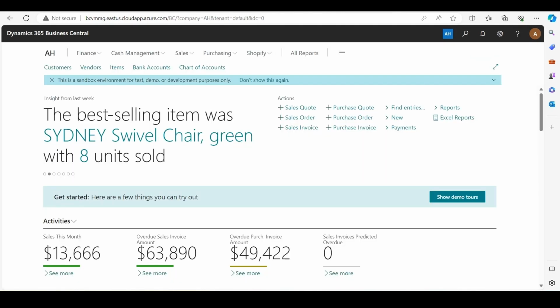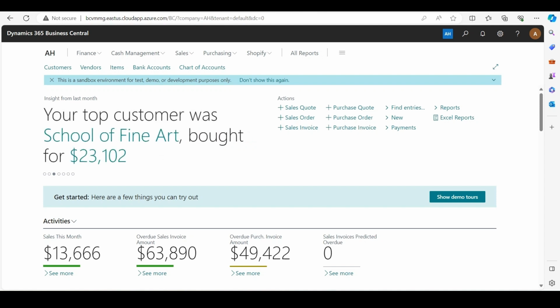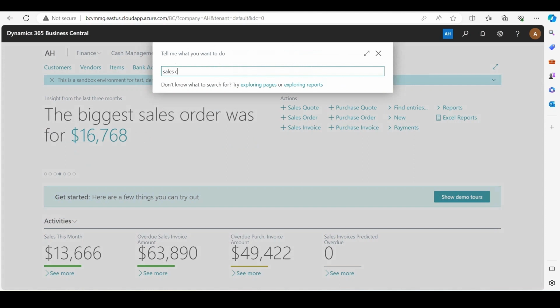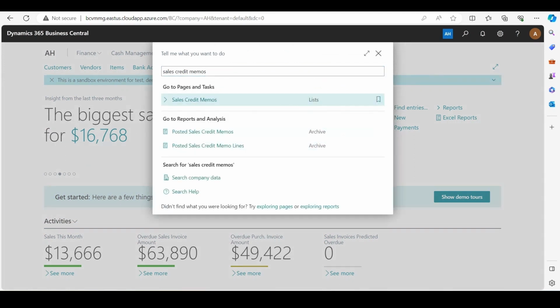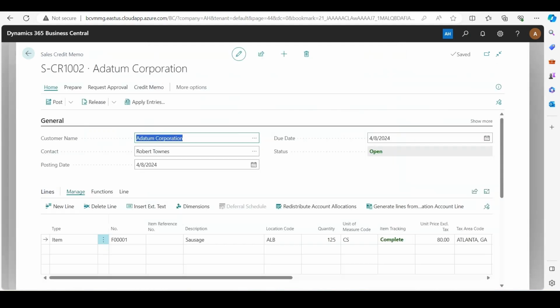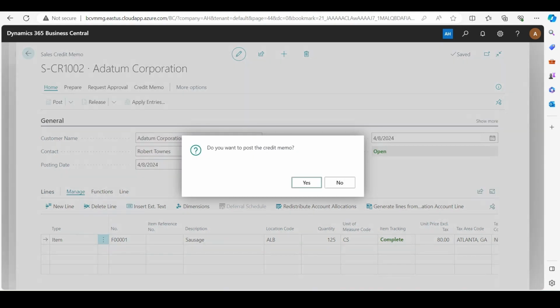Now, in certain scenarios, we may want to reverse a transaction and also ensure that the corresponding commission of the transaction is reversed as well. And one of the ways we can do this is through a sales credit memo. So if we go to our sales credit memos, we can see that we have one here for a Datum Corporation, and it is to reverse the entire 125 case transaction from the previous section. We saw the previous scenario in sales invoice. So we've completed this, and if we click on post